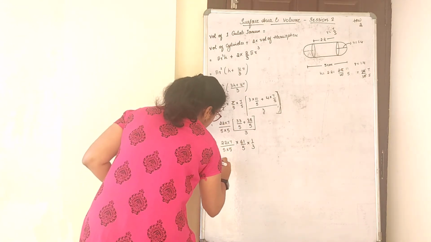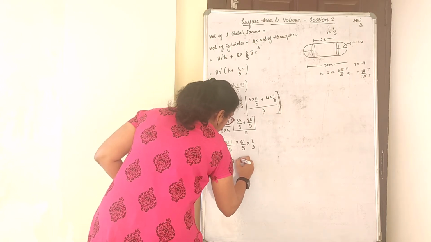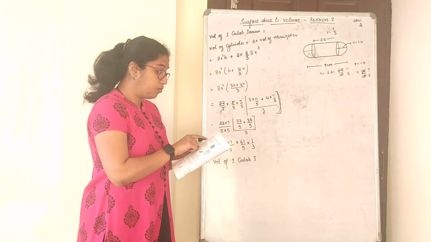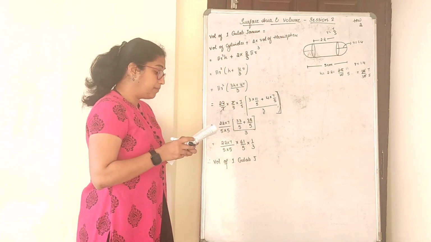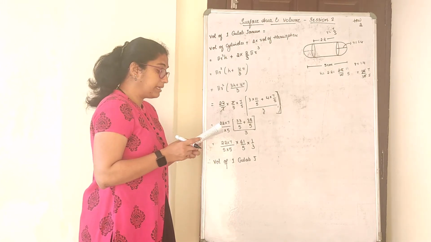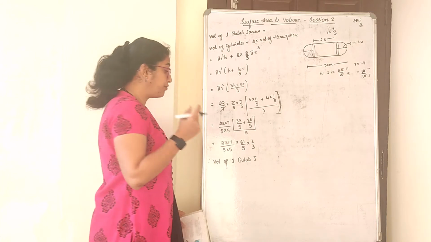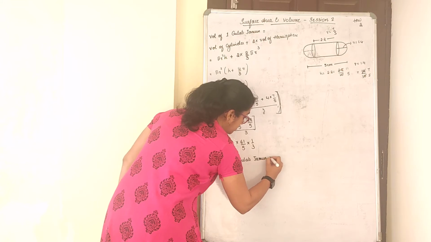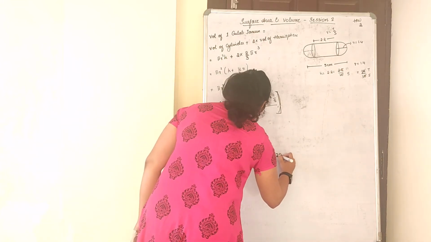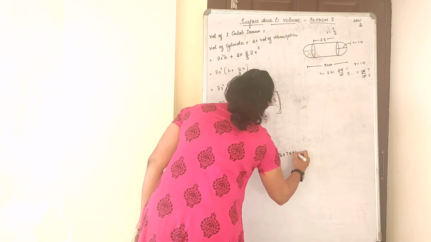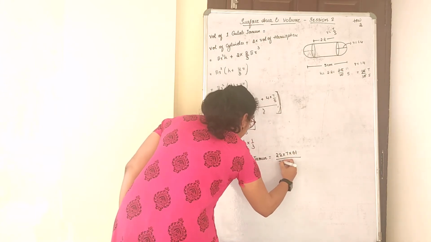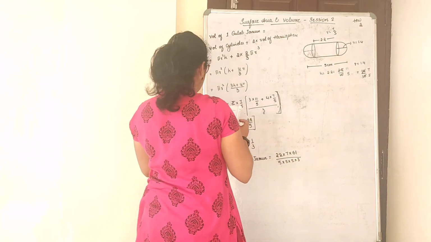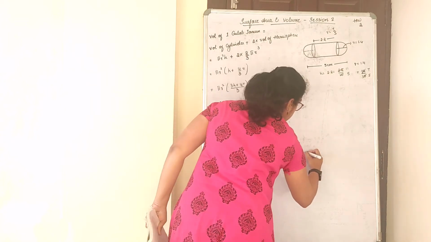Therefore, volume of 1 gulab jamun, because this is not your final answer. What do you have to find as the final answer? Find approximately how much syrup would be found in that. Syrup we have to find. So this is not the final. Volume of 1 gulab jamun is equal to 22 into 7 into 61 divided by 5 into 5 into 5 into 3. It's in terms of centimeter, everything, yes, centimeter cube.